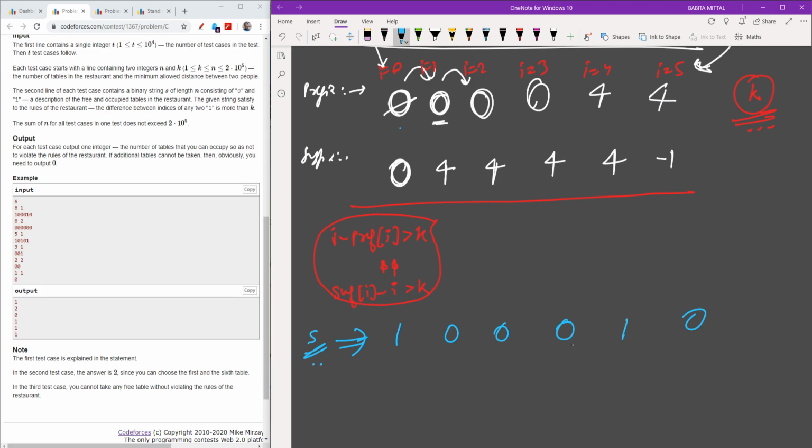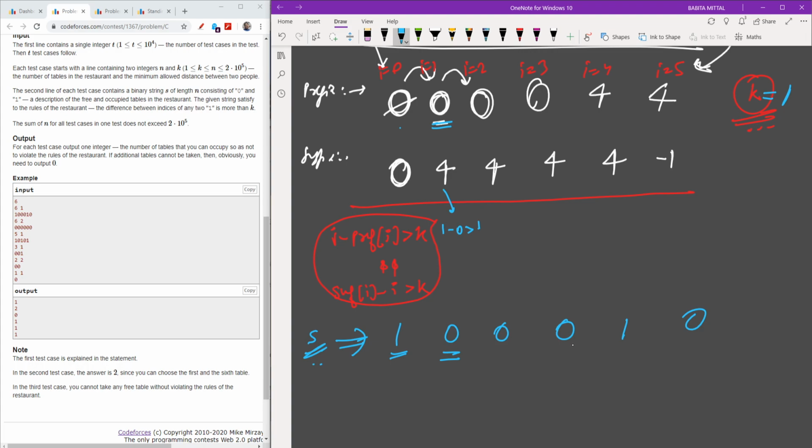No, it is actually 0, and the value of k is 1, so 0 is not more than 1, so it will not be updated. And actually it is already 1, so you cannot update it. Now moving on to the next index. Here I is 1, so 1 minus 0, is it more than 1? No, so it will also not be updated.